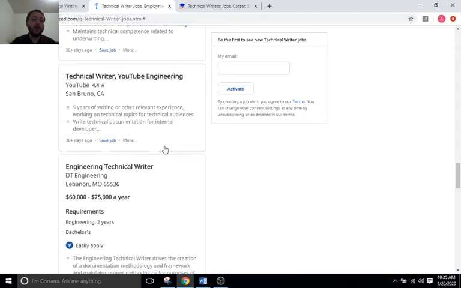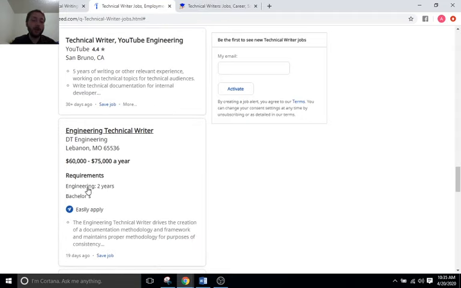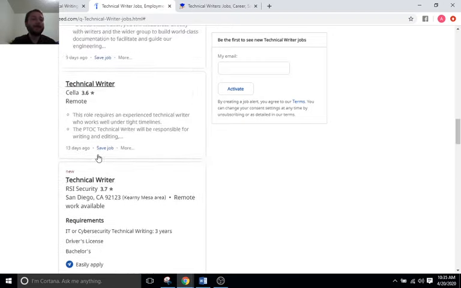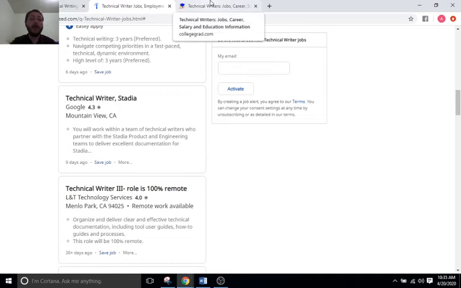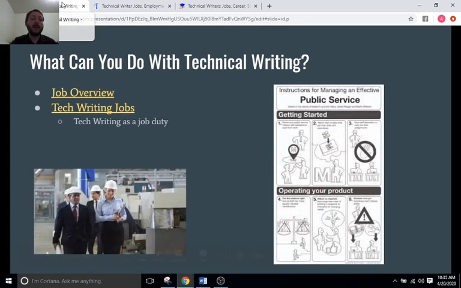You could always dig into one of these and see what their requirements are. Engineering, 2 years, okay, bachelor's, 57 to 60 grand. That's pretty good, right? Now I can tell you from experience that the majority of people that get into technical